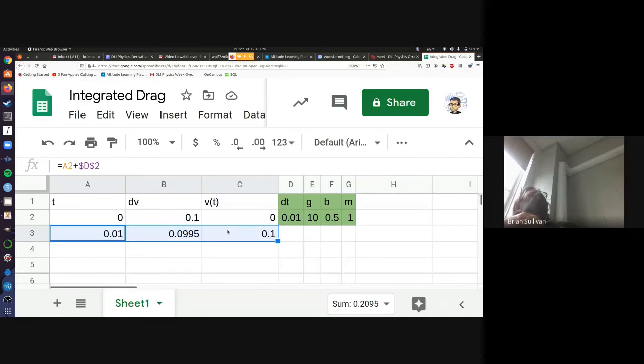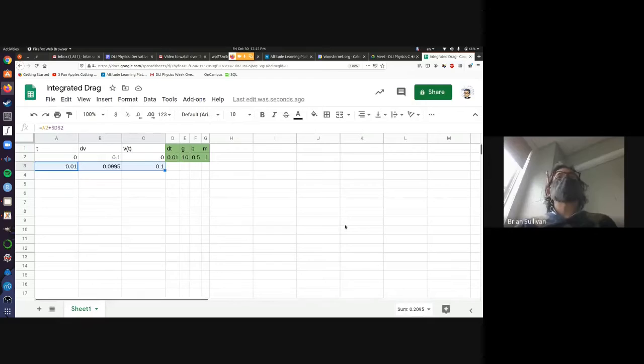Wait, what does it equal? MG over B is our V terminal, right? MG over B. So MG is 10 over 0.5. What's our V terminal? 10 over 0.5. 10 over a half. 20. Good. So if we drag these down, I expect it's going to get closer and closer and closer to 20